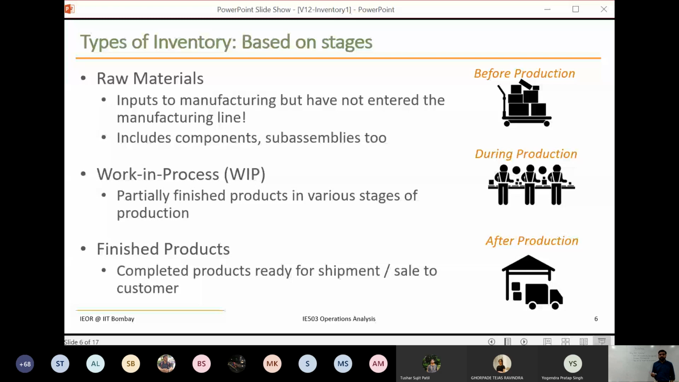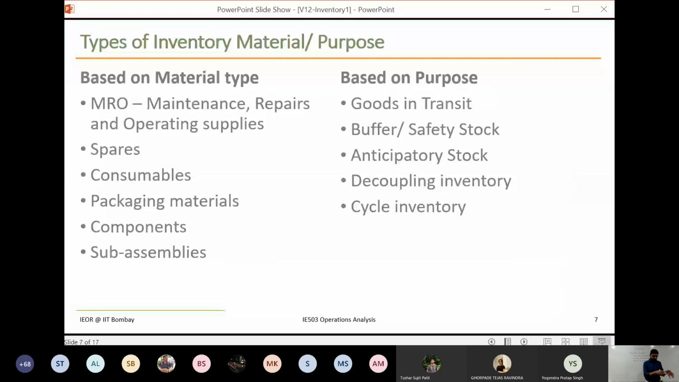If we are using a general term like inventory or item in our models and methods, that means that approach or that method is applicable for any of these stages. Material can also be classified as inventory based on material as well as their purpose. Again, as I told, we have different terminologies. So apart from just raw material, work in process, and finished goods, we have several other materials which come under this